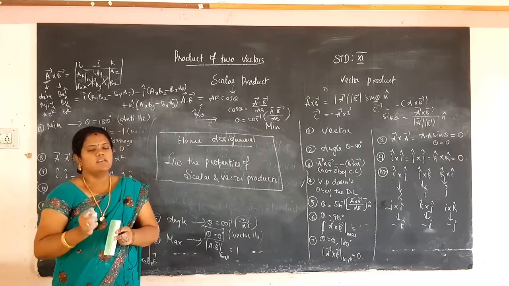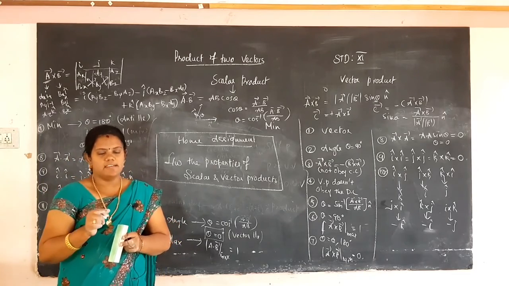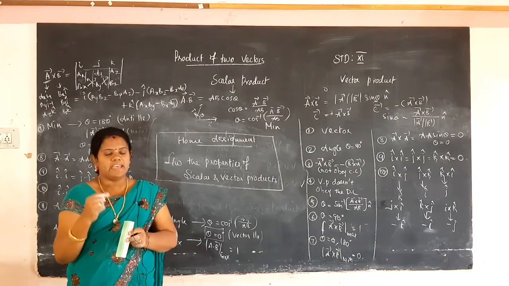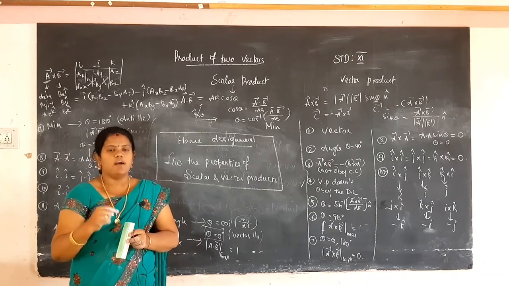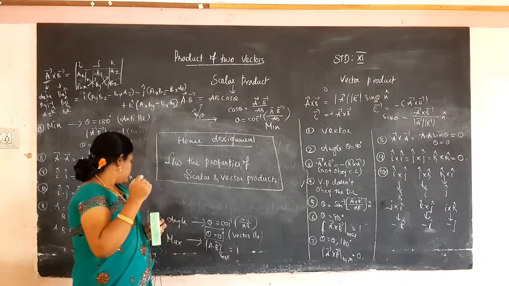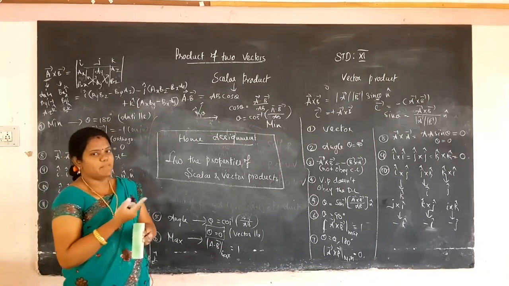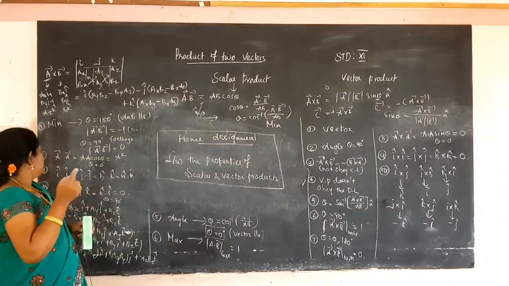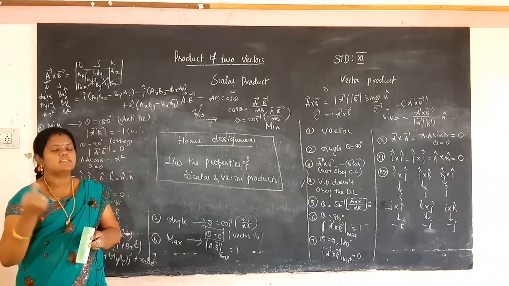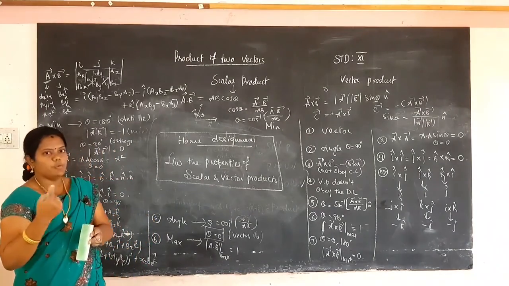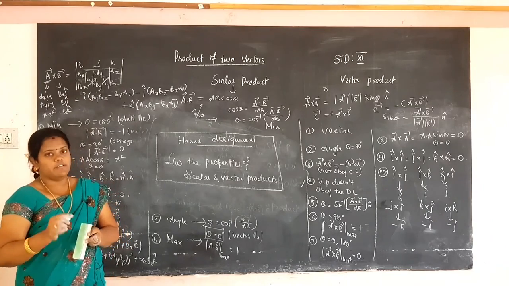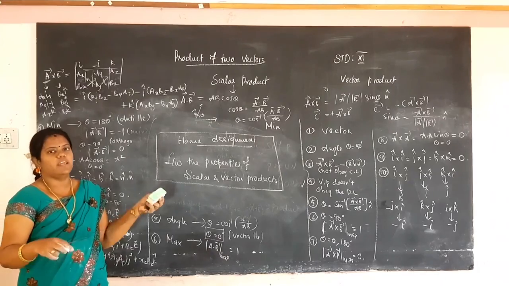What are the 10 points? First write the formula, then product, and then angle, commutative law, distributive law, then the angle lying between the two vectors, when the product will be maximum and when it will be minimum, then self product, product of unit vectors, product of orthogonal unit vectors, and then how to multiply two vectors in the scalar form and in the vector form. You have to learn all of that thoroughly and then write.